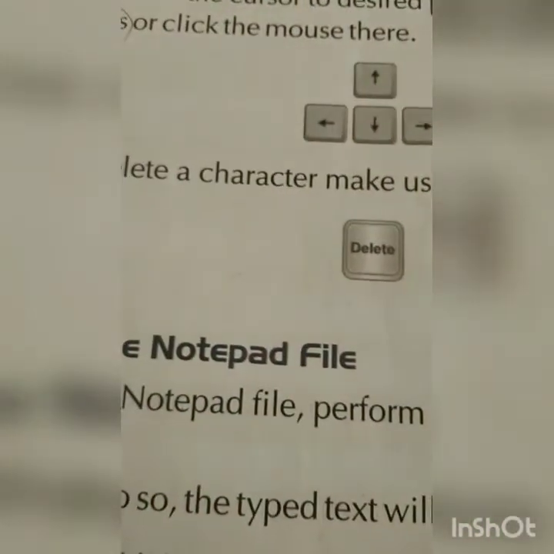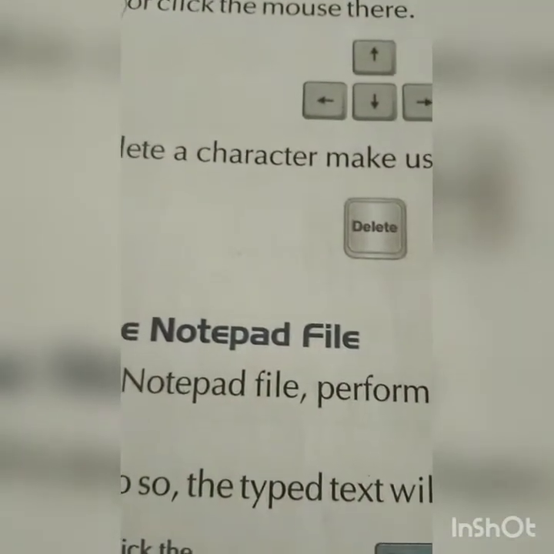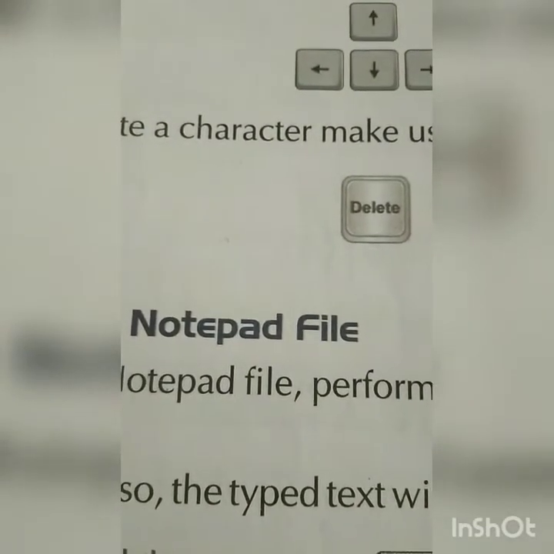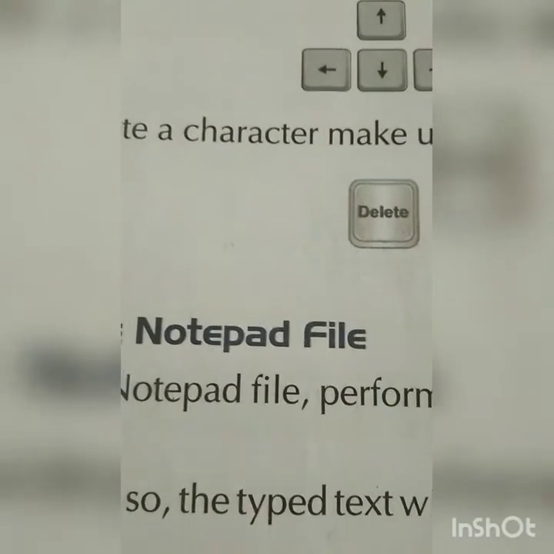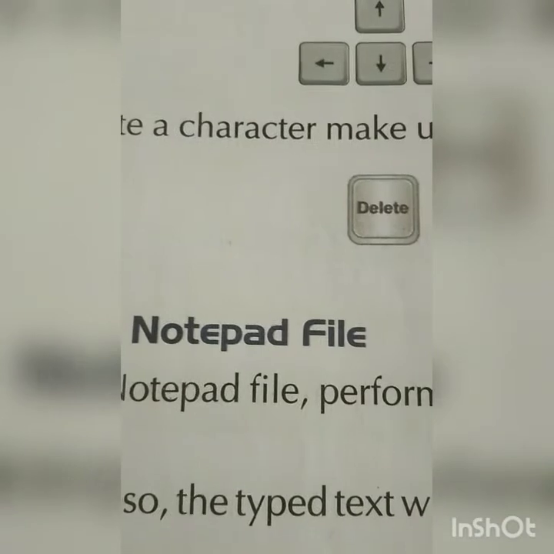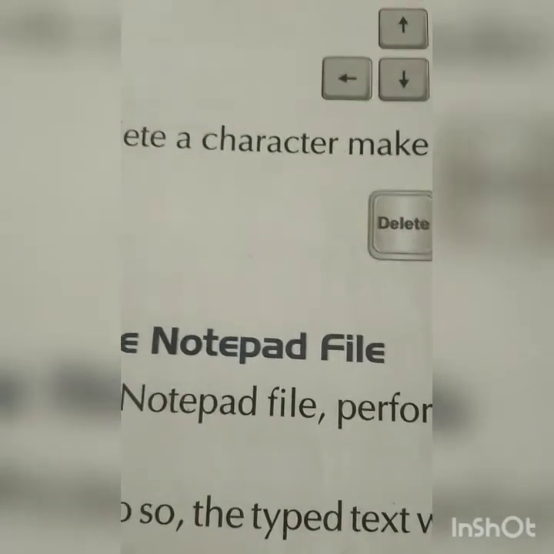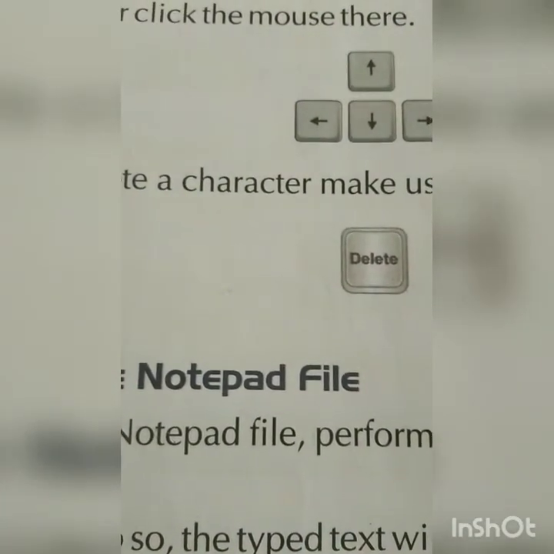So today we are going to learn only this much, how you can type text, number or any symbol in the Notepad, and what to use, and how you can use arrow keys, and what is the use of arrow keys, enter key, delete key, and the space bar key. So using this you can start writing in the Notepad program, but this thing you should keep in your mind.